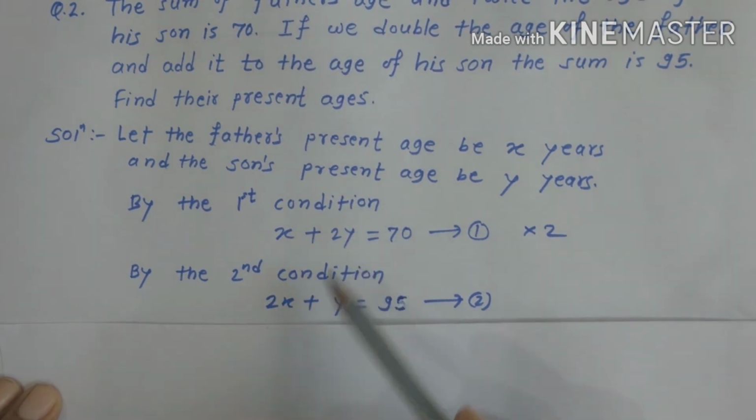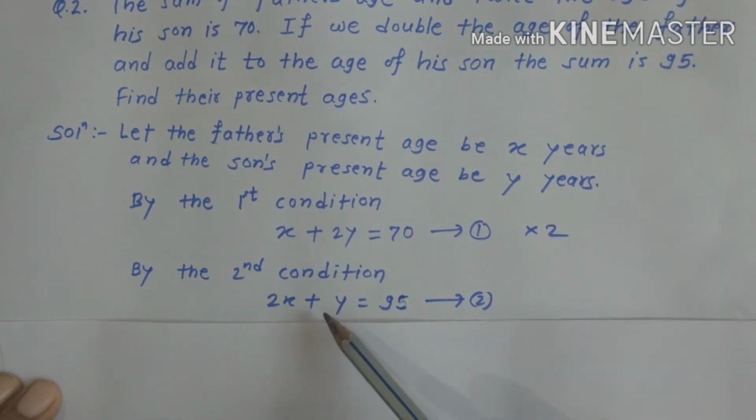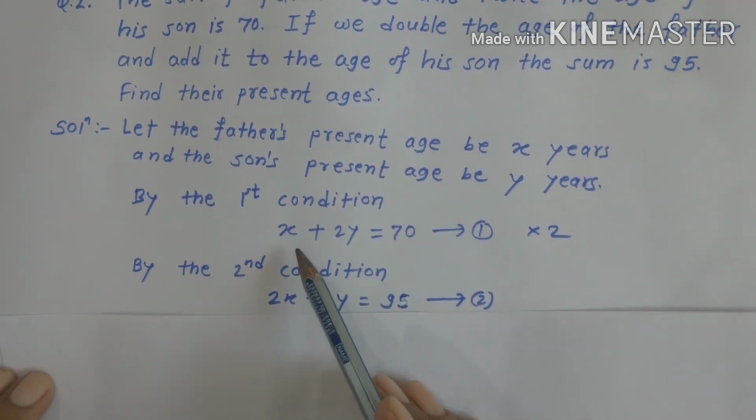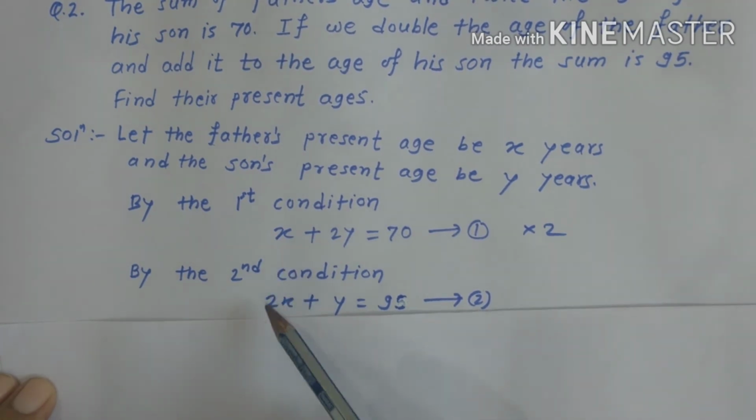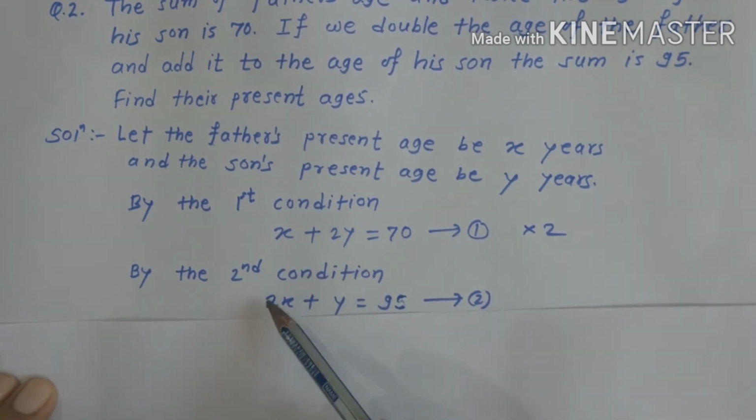Now we have seen how to solve simultaneous equations. We are going to use here elimination method to solve this simultaneous equation. In elimination method, first choose the variable which is to be eliminated and then make the coefficients of that variable equal. Here I choose variable x. Now analyze the coefficient. Here coefficient of x is 2. Therefore, I multiply equation 1 by 2 so that the coefficients of variable x will be equal.